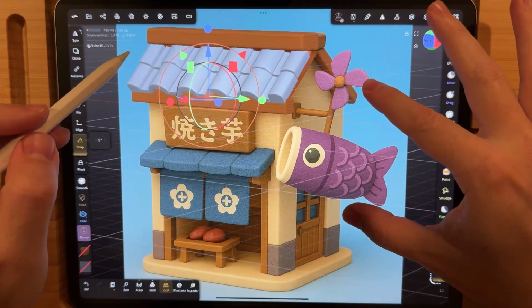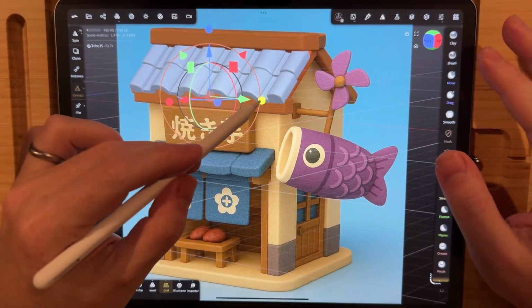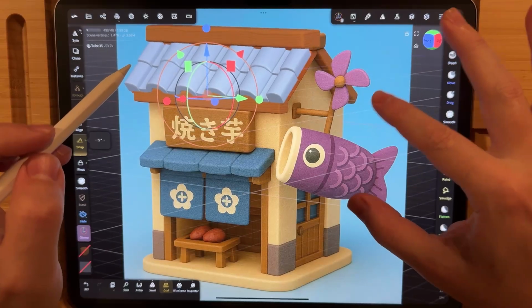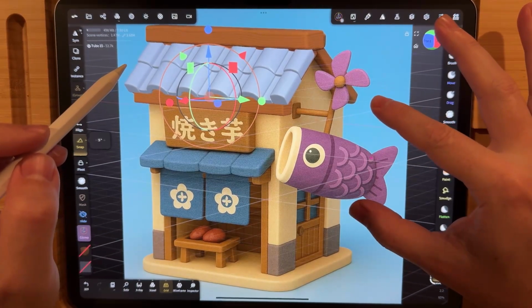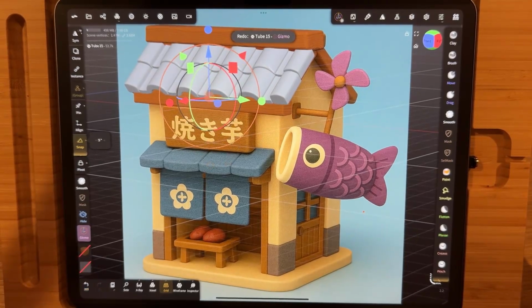And that's pretty close. Maybe we need to shrink it down a little bit so it's not quite as wide as the roof itself. Okay, and for some reason I just undid everything. Okay,